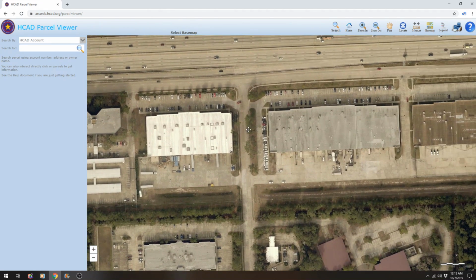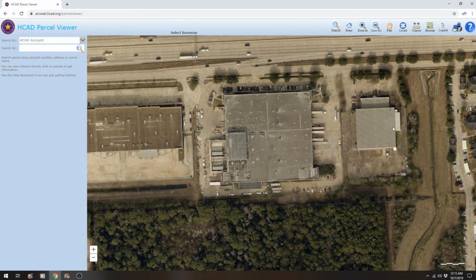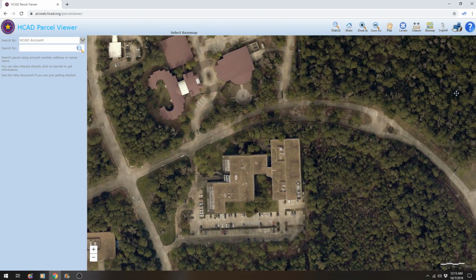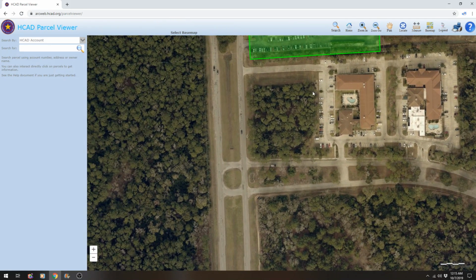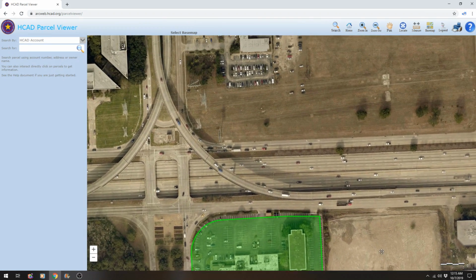I saw something once before when I looked over at this that was interesting. Let me see if I can find it again. Nope, not seeing what I'm looking for here. Doesn't matter. You get the general idea. So that's how you look up